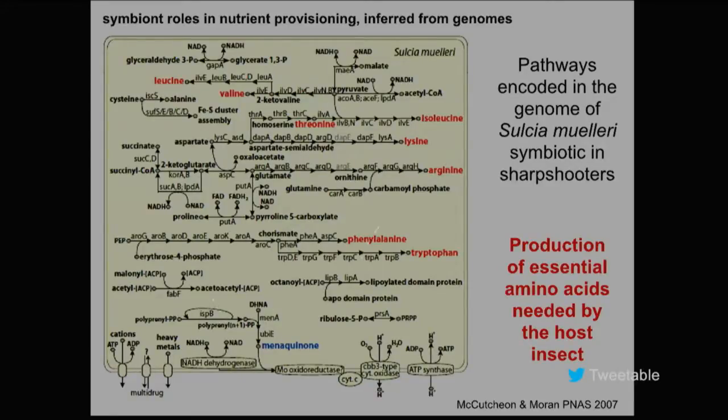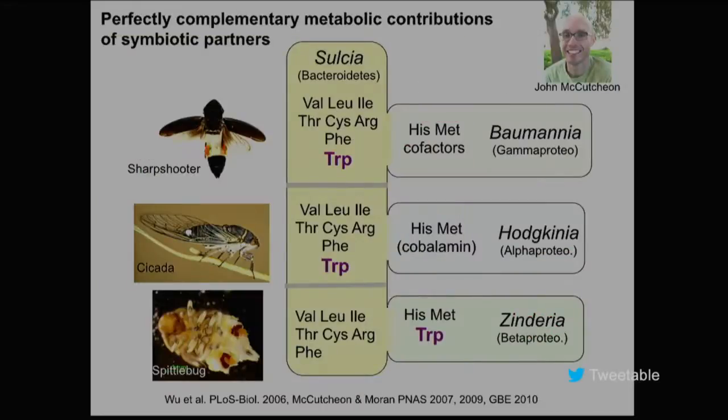So here's just one example. You can reconstruct what pathways are encoded in the genome. You sequence the genome, you have very clear homology, and for a lot of these pathways, there's only one way to make tryptophan, only one biosynthetic pathway. It's easy to recognize the genes, and they'll have all 7 genes, for example. So you can count up what they can do and score the metabolic capabilities of different symbionts, and you get